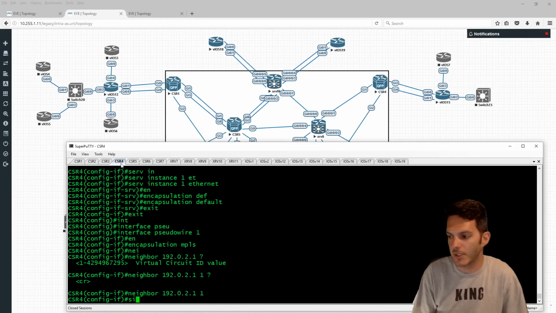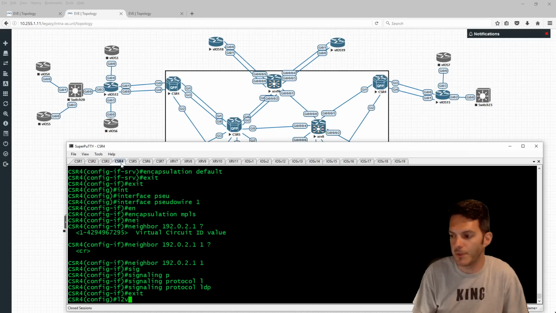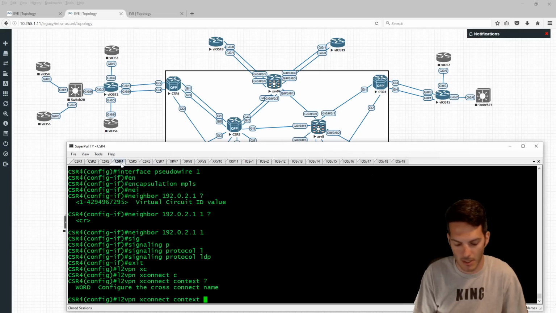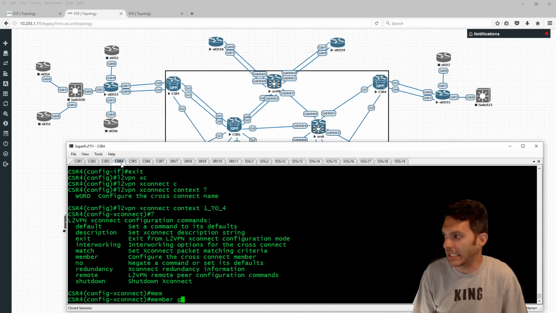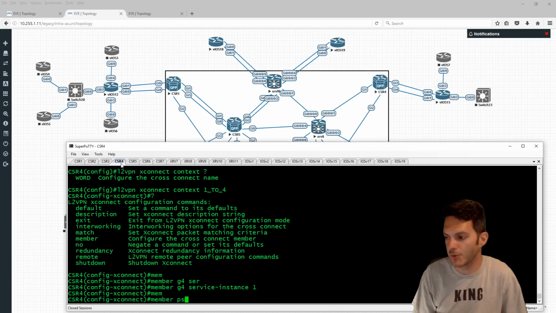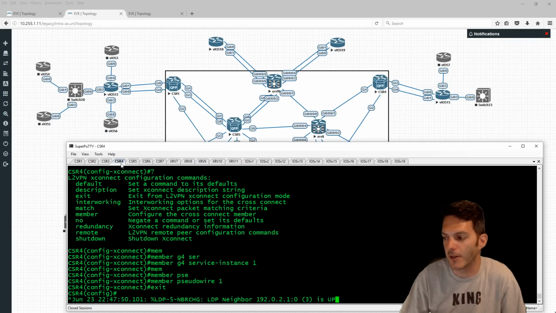And then the signaling protocol is going to be LDP. And then L2VPN xconnect context, and the name is going to be 1 to 4. Now underneath here, we need to specify the member is going to be Gig4 with a service instance of 1, and then the member of pseudowire 1. Exit out of that. So now with all of that configured, you see the LDP peering has come up,